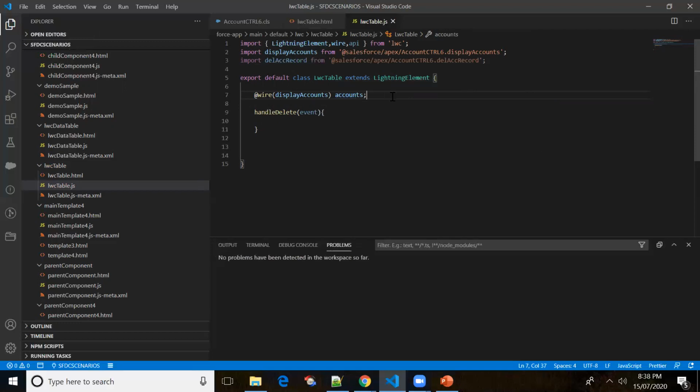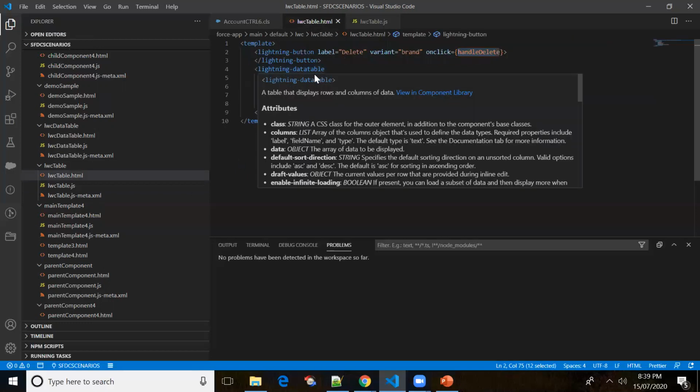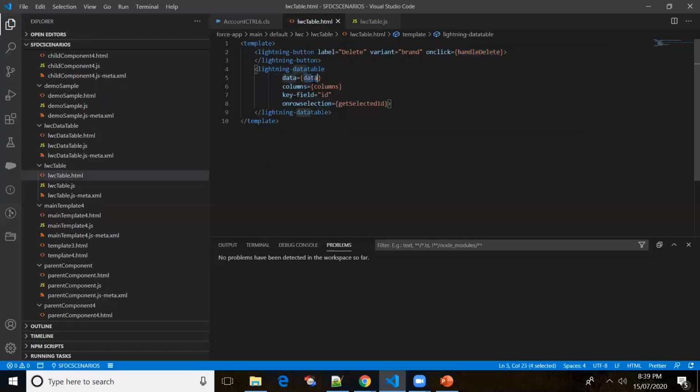If you want to access the data, you have to put accounts dot data. Let's say there are no records present in the system, then you just want to notify the user, and you can put accounts dot error. Since I want to display the data, I'll be just putting accounts dot data.